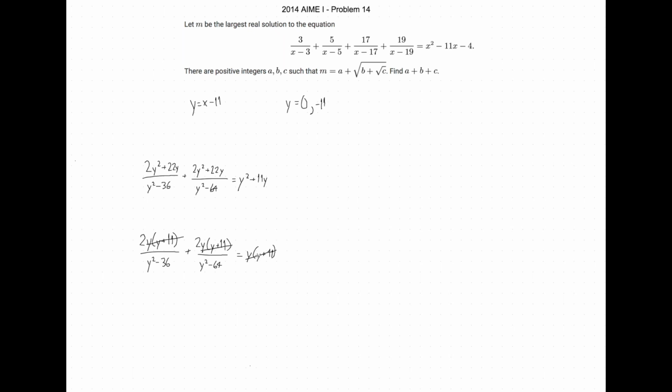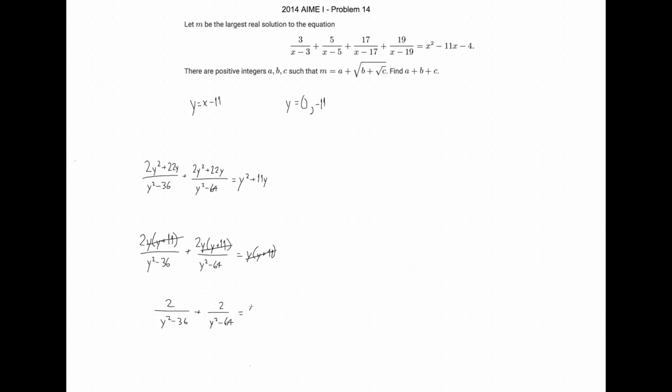Whenever you divide by a polynomial, you always have to remember that the polynomial you're dividing by can be 0. Therefore, since this is the original equation, these two can be roots, but we doubt that they're the roots in question, but we still need to keep them in mind. So now we can rewrite this as 2 over y squared minus 36 plus 2 over y squared minus 64